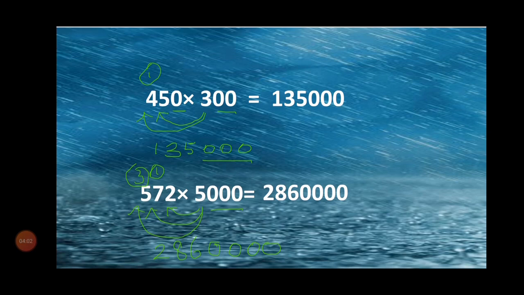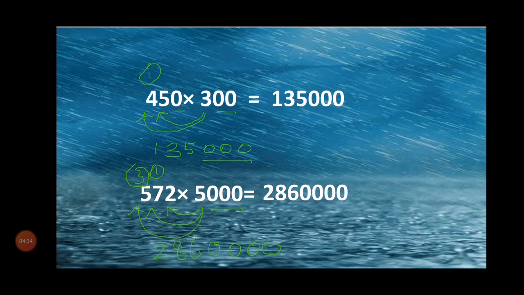Right now, after that you count the number of zeros in the first number and the second number. The first number has 1 zero and the second number has 2 zeros at last. While having zeros at last, you can count all those things. So totally we have 3 zeros, then write them after the answer. 1 3 5, then write 3 zeros. Totally how much do you get now? 1,35,000. And the next one,